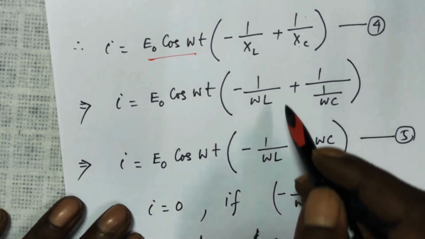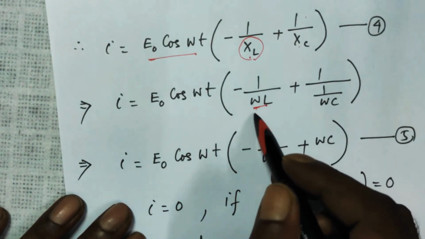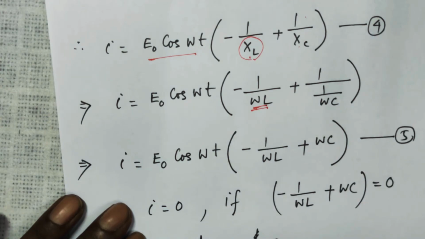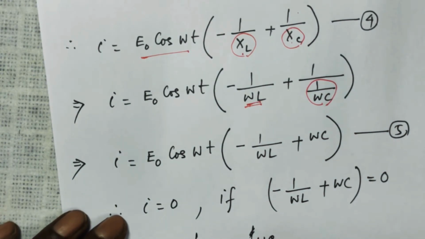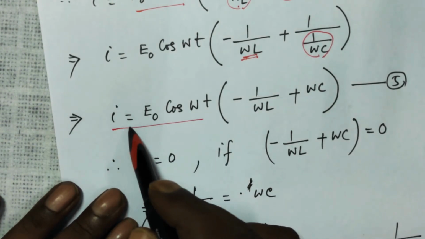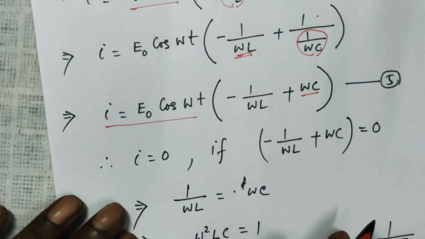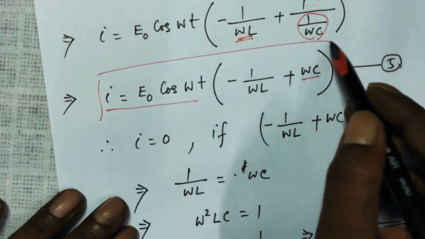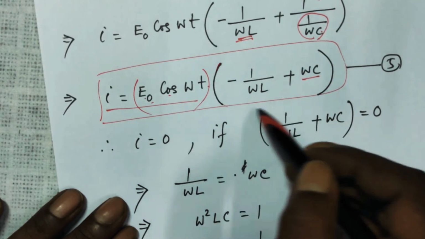Now let us put the value of this, which was called the symbol for inductive reactance, and it was omega L. How Xl is omega L has been derived in previous lessons. How Xc, the resistance offered by a capacitor, is 1 by omega C, also has been derived in previous lessons. So I have put it. So now I is E naught cos omega t, this omega C comes to the numerator. Now look at this expression, very interesting. This E naught cos omega t is multiplied with this.